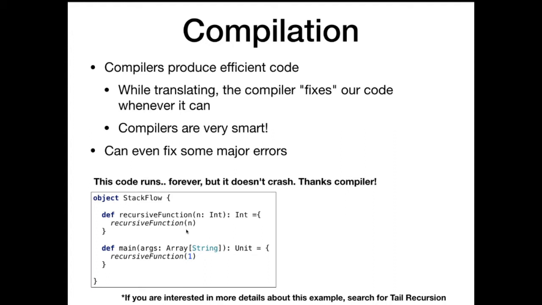This is one thing that the Scala compiler is going to fix for us. This code will actually run, and it'll run forever, and it won't crash. It won't run out of memory. It'll do some optimization on this code. So there are things like this where the compiler is looking out for us and trying to help us out. Also with mutable types, if we're doing something really silly with string concatenation, the compiler can optimize that as well and help with our memory management. So the compiler can do quite a lot of nice stuff for us in terms of optimizations.